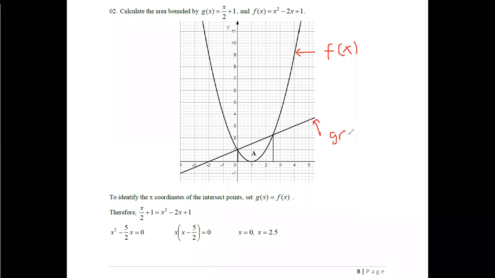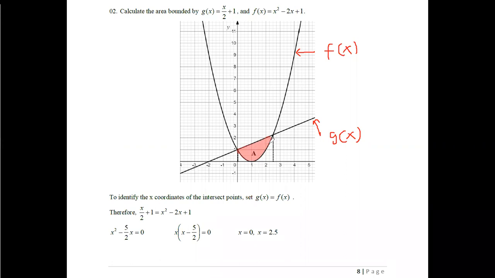Now see about this sketch. If you consider these the intersect points, and I need to get this area, this is the area actually bounded by these two graphs. If I highlight it, I can say this is the area bounded by these two graphs. Therefore, I can simply do a calculation to obtain the value for this region. Therefore, this colored region must now be identified.